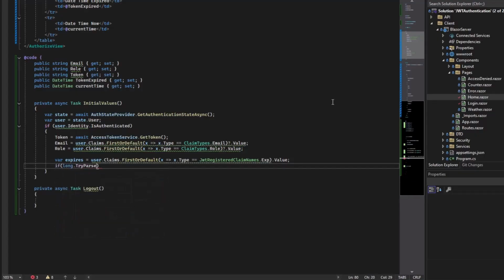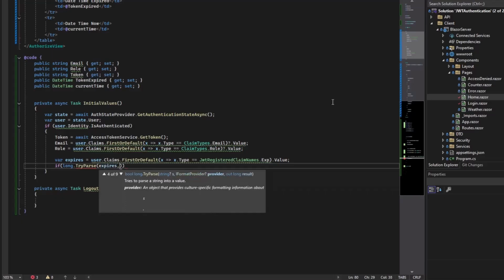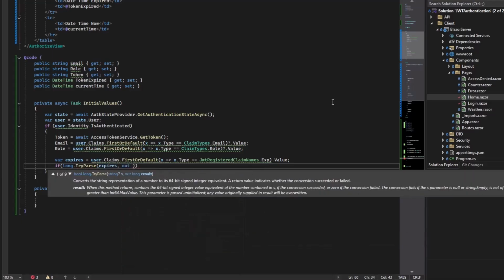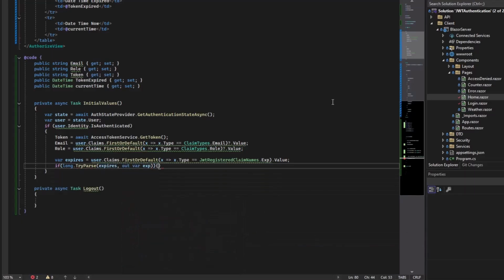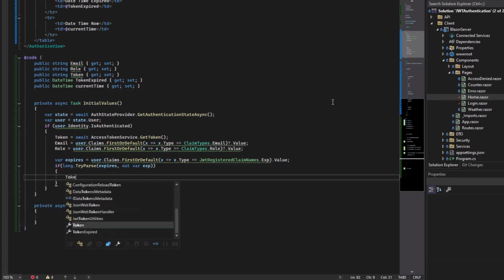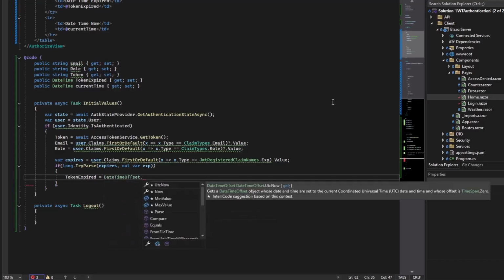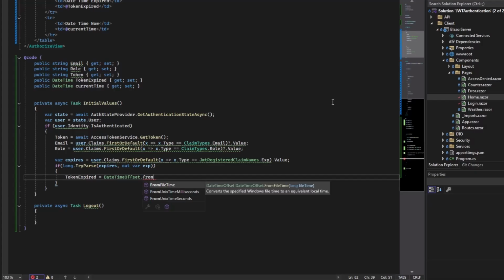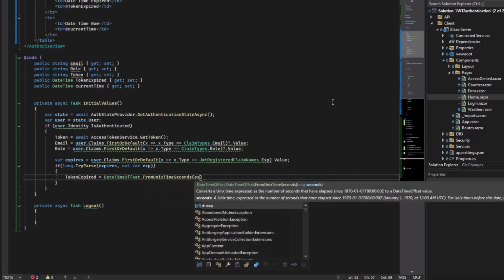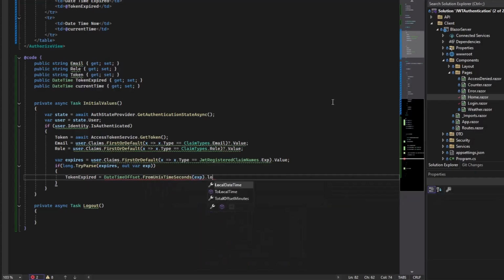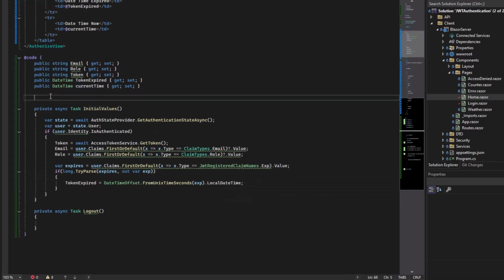Long.TryParse expires, and we will have a var expired here. So the token expired comes from DateTimeOffset.FromUnixTimeSeconds expired, and then we convert it to local date time. Nice.